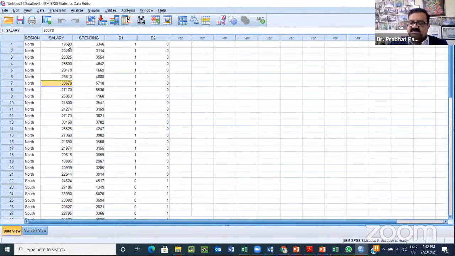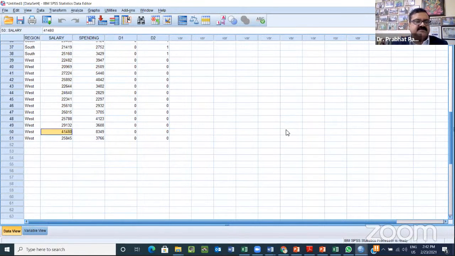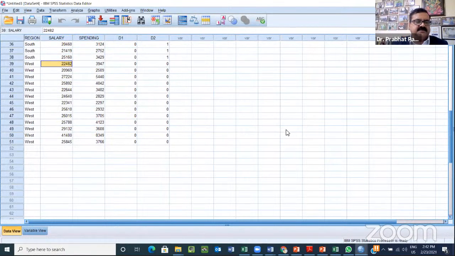And there is a very interesting tool in regression analysis called dummy variable regression, which is of great significance. Here, in the problem formulation, we have taken West as a reference dummy. If there are 3 regions, we are going to create 2 dummies, 3 minus 1. So always remember, the number of dummies we have to create is the segments minus 1.